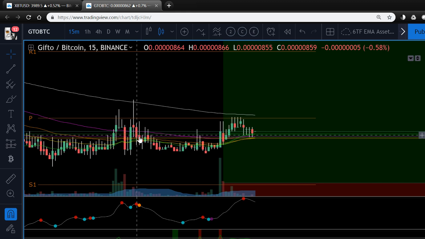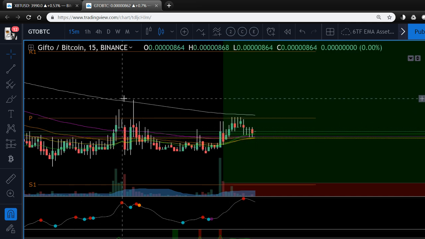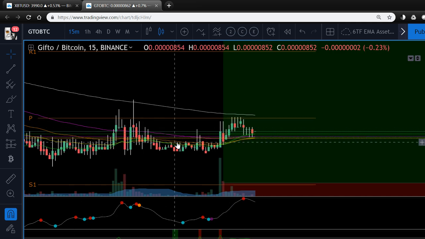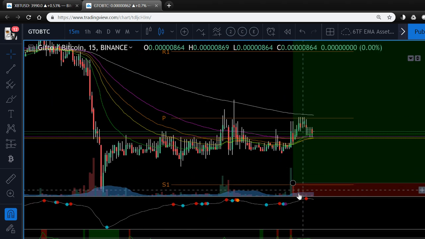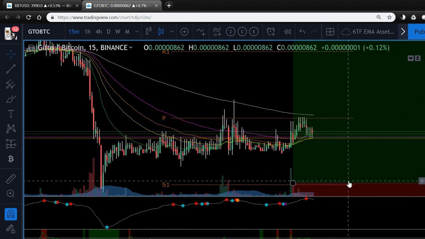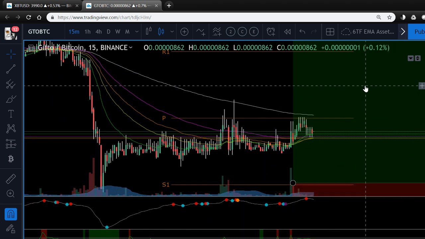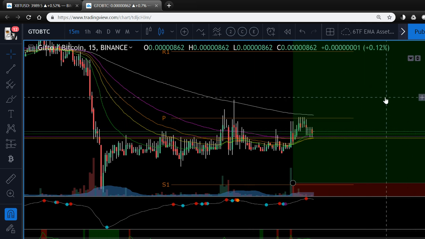It's kind of like a micro example of what's happening in the daily time frame. You can see we got the 200 EMA. We tested it, came back down. In this case, we didn't hold the EMAs on the lower time frame. Where you see when we caught the EMAs again, we tested again, and now we're holding. So possible to move right back up from here, or possible to test this, right, and get a double bottom and then move up. So that's kind of what I was looking at there.